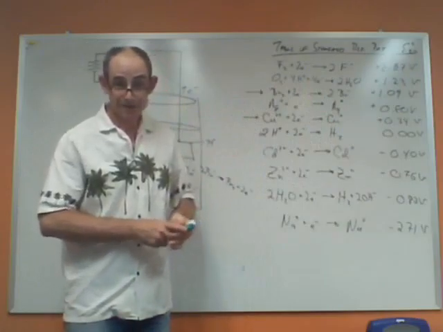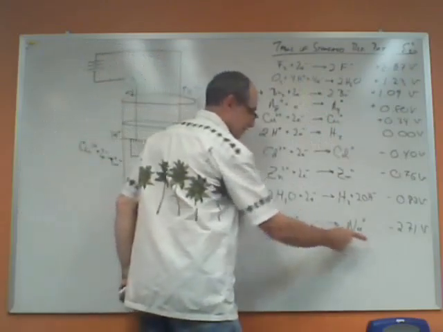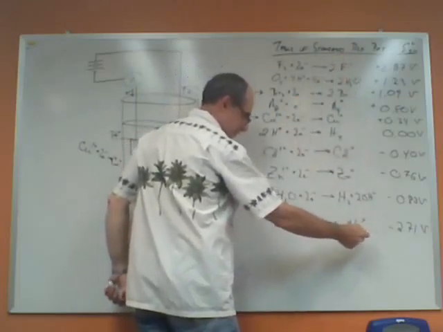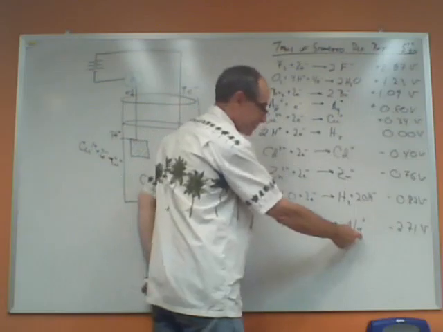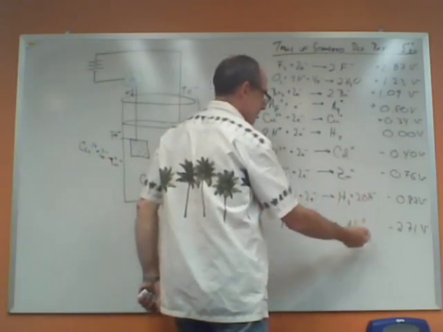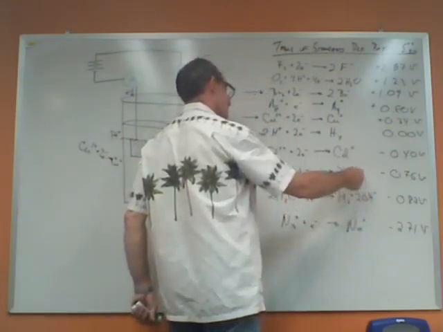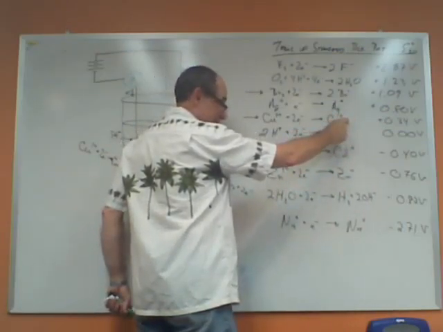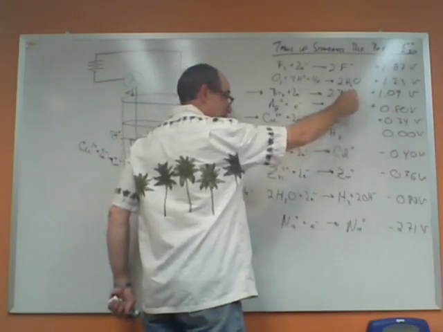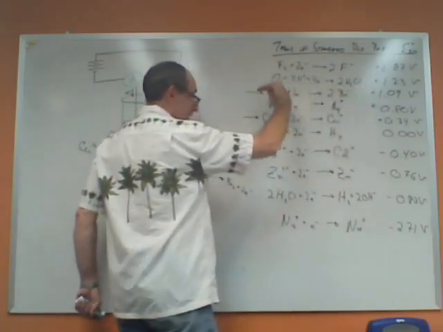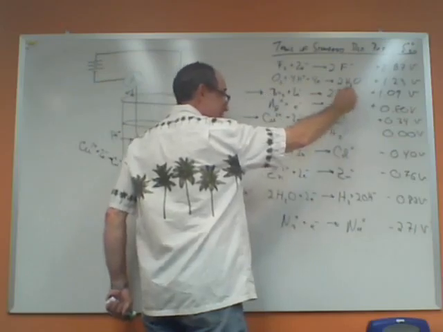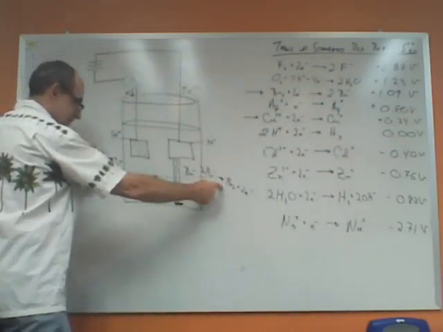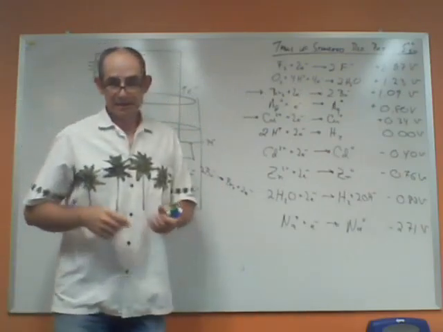To decide what is oxidized, we start at the bottom right, to the right-hand side of the arrow, because these are species that will lose electrons, and the ones at the bottom are the things that most easily lose electrons, and we start going up, and I don't really have any zinc or cadmium or hydrogen gas. I don't have any copper ion present initially in my solution, but I do have bromide ion, so the bromide ion is the species that will be oxidized to form bromine. And I've got those two half reactions here. And that's really it,